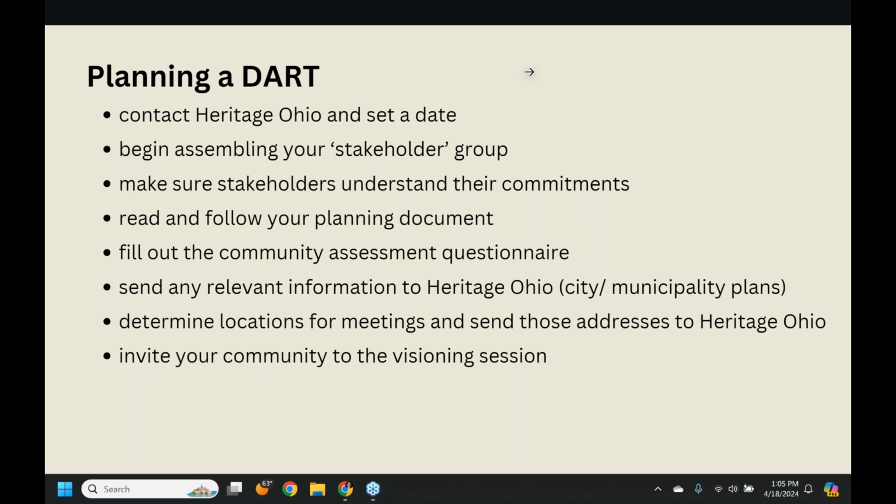One of the things that we suggest is having a downtown assessment resource team visit, and that's primarily our focus for the webinar today, is to give you an overview of what that 2-day visit looks like in a community, what benefits it can provide, what are the preliminary planning responsibilities that should happen in any community that would like to plan for a 2-day downtown assessment resource team visit, and what you can expect from Heritage Ohio